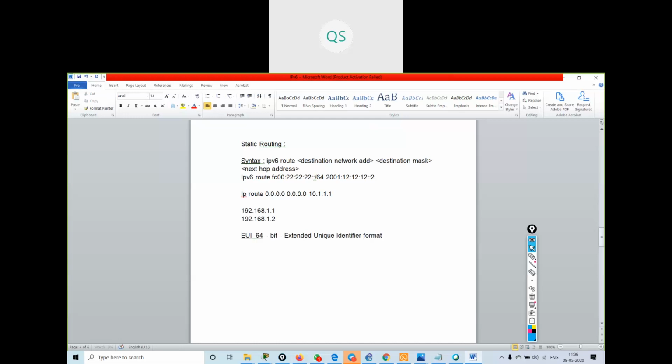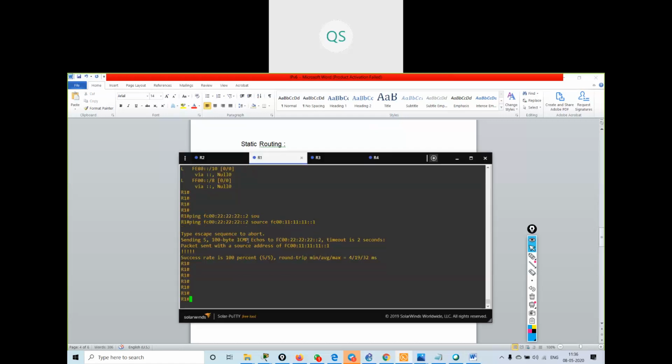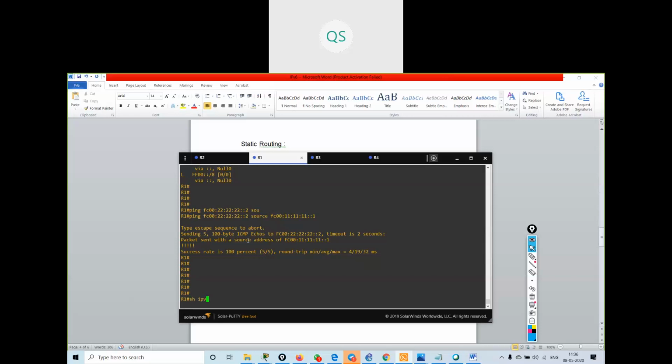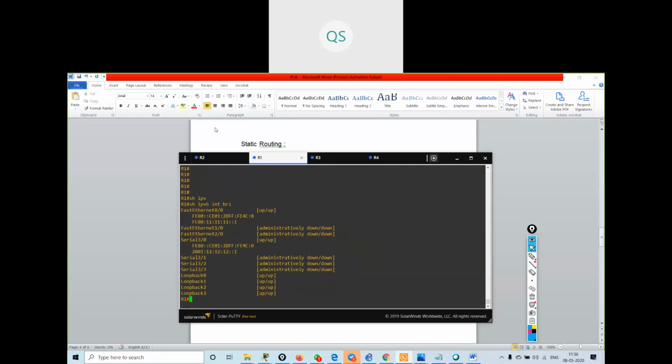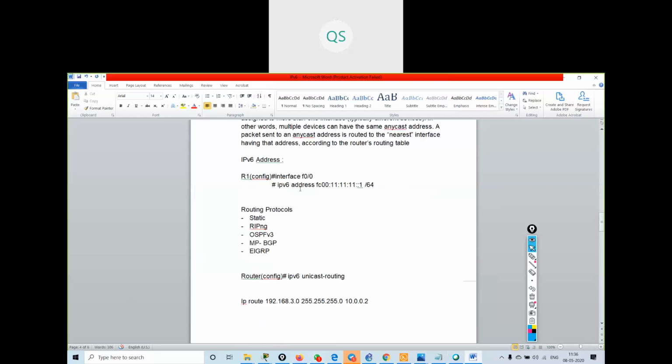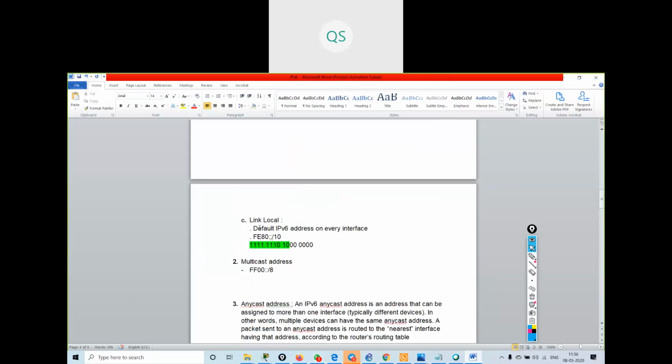Now, if you go to the router and say show IPv6 interface brief, you will get a default address over here. I got an address which starts with FE80, and if we go back to our document, the link local address starts with FE80.